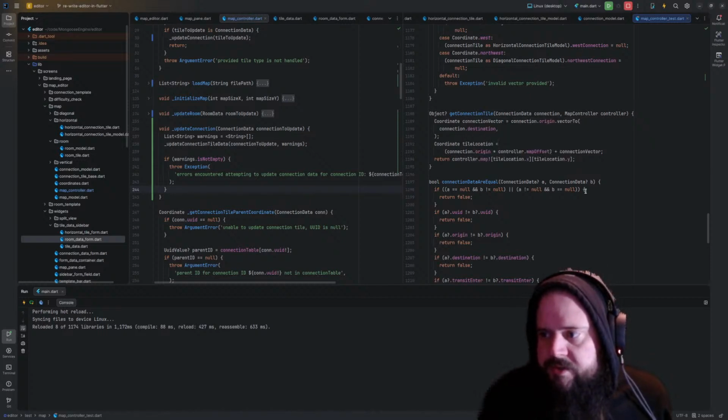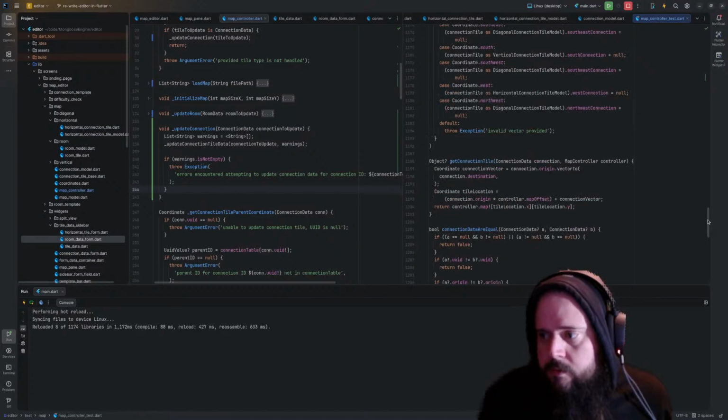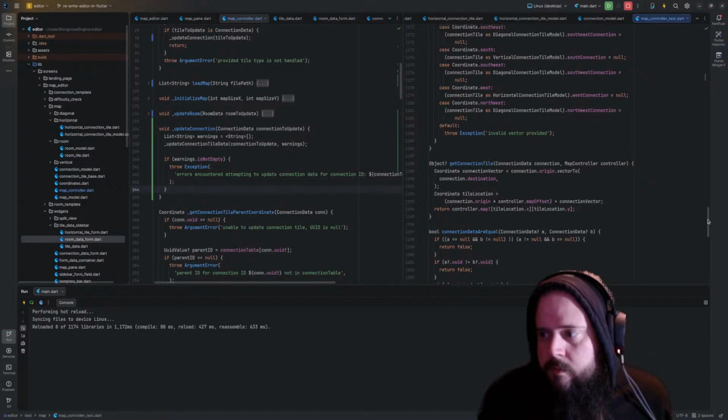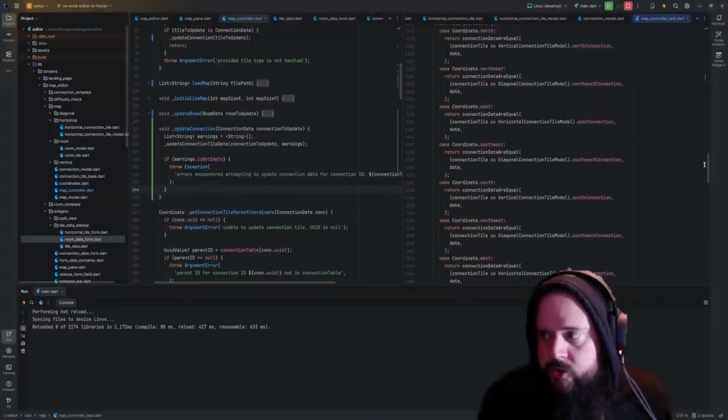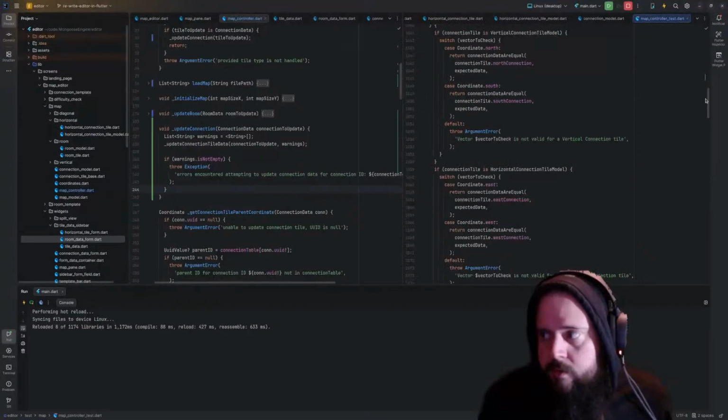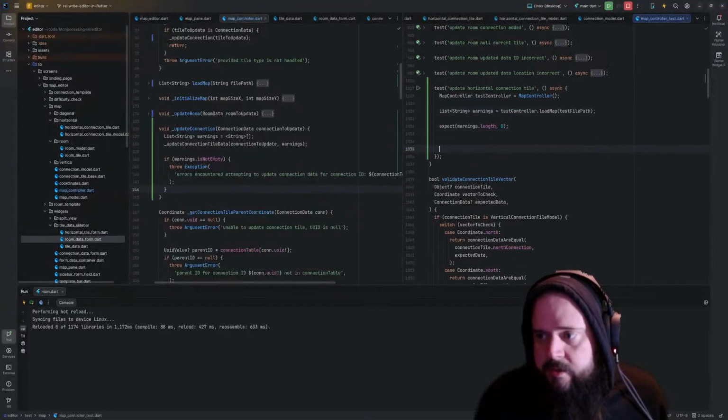We can get the connection tile. If we pick a vector. So we'll say